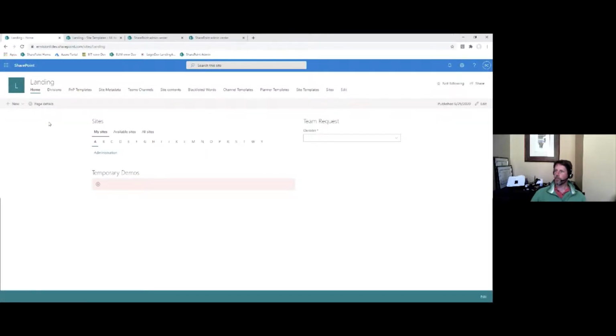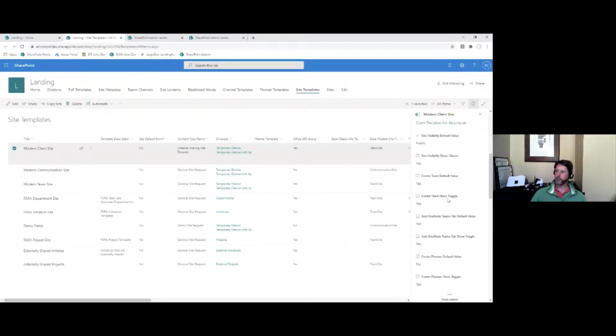The way that it works is there are site templates, which are really team templates now. This started as site provisioning, and it kind of morphed into teams provisioning. Within those site templates, we have properties that we can set. So, think about a modern team site that you get as part of requesting a team. We at Envision IT actually have our own template for that called a modern client site, where we've tweaked it a little bit. We've got certain libraries, certain folders, certain content types that we want to see in a modern team site. And part of what we do there is we actually light up certain choices around external